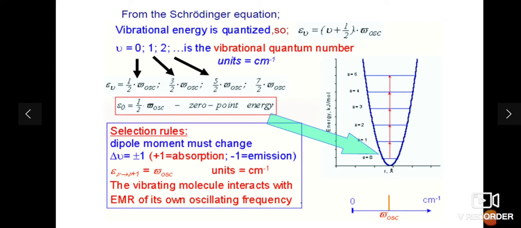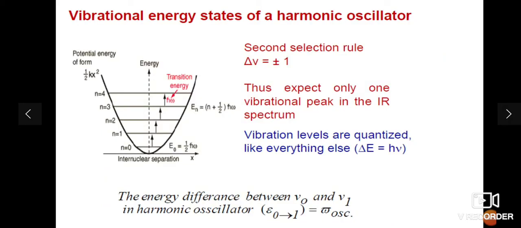Further, the use of the Schrodinger wave equation leads to a simple selection rule for a harmonic oscillator undergoing vibrational changes. The vibrational spectra will be observable in diatomic molecules that have a dipole moment, since homonuclear molecules have none. The vibrating molecule will absorb IR radiation with which it can interact, and this must be radiation of the frequency of its own oscillation. This figure shows the vibrational energy states of the harmonic oscillator,